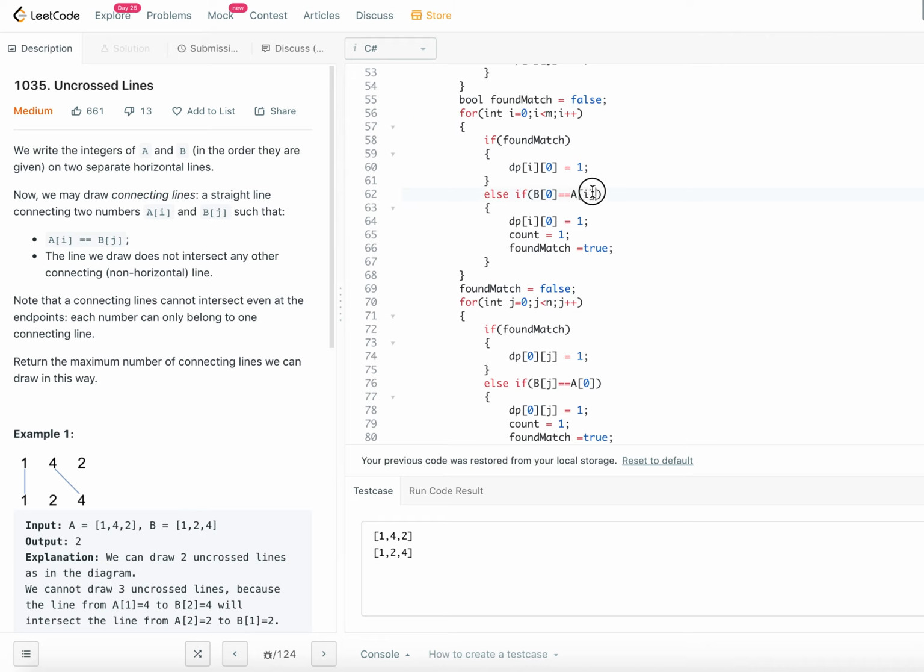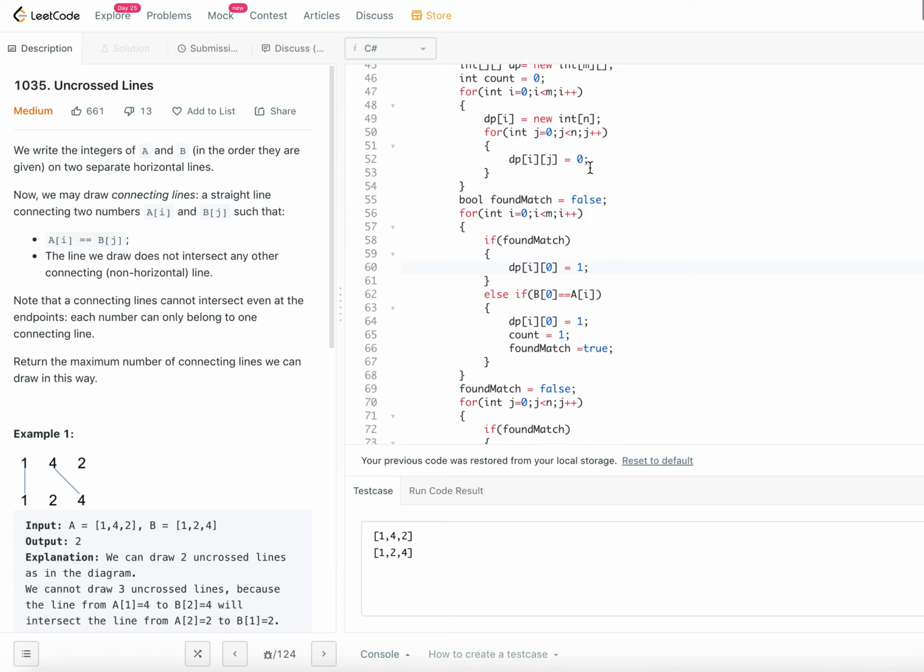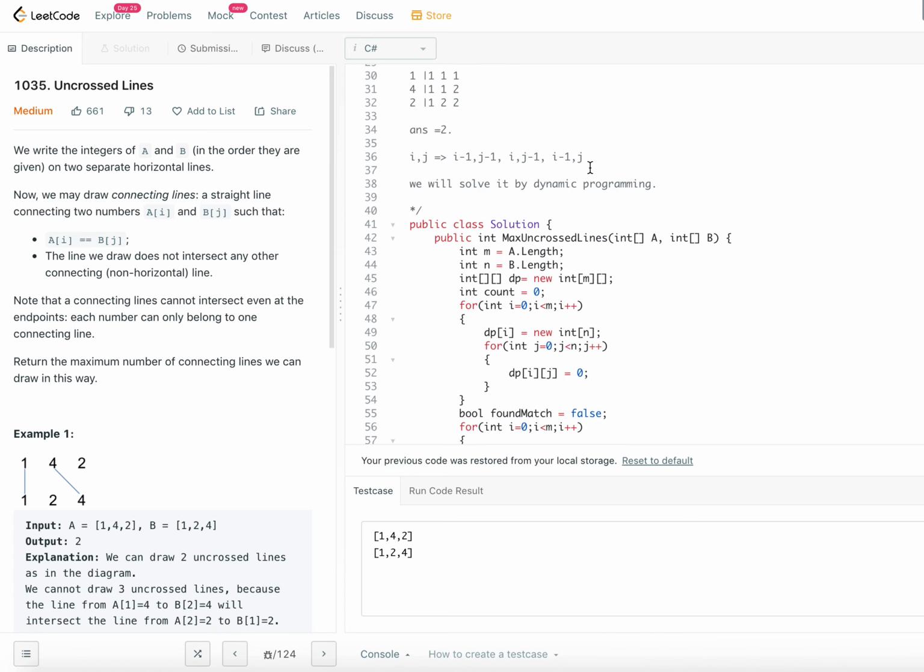If there is an element match, from then onwards you put 1 and you initialize the count to 1 because we are able to make 1 connection, and then set found match equal to true. Once a match is found, all the rest of the elements you initialize with 1, just like we did in our table example also.